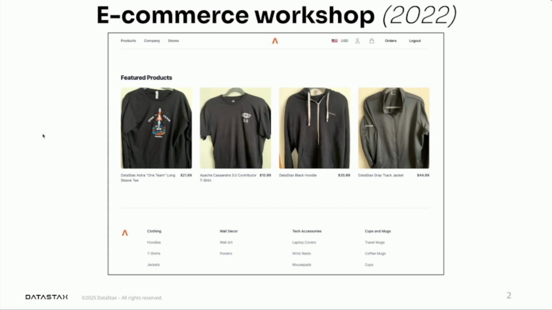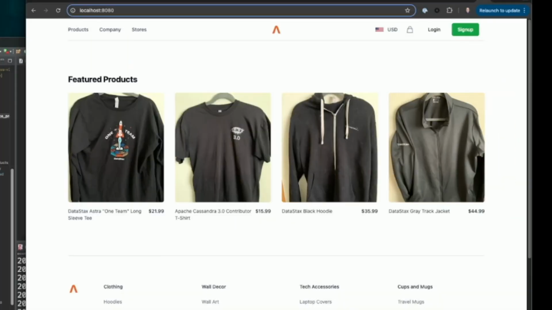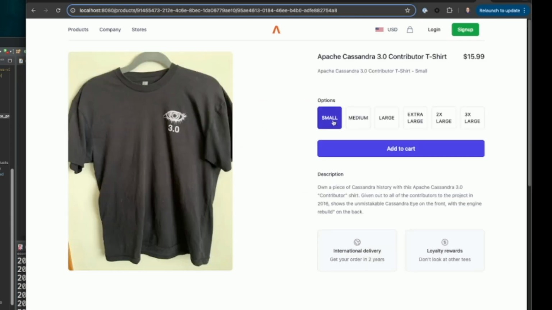So if I jump over to the actual website here, you can see that the products that load down here are the featured products. I can click into them, like the Apache Cassandra 3.0 contributor t-shirt here, and I can see it come up.